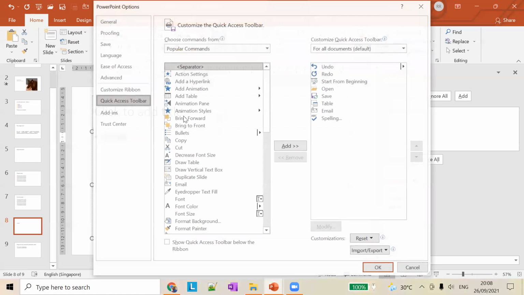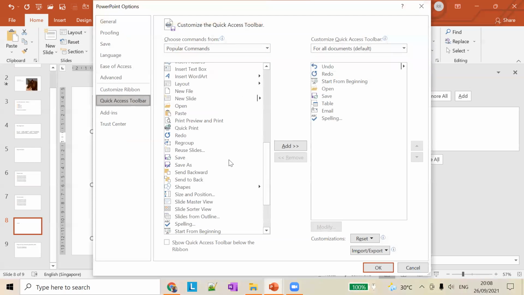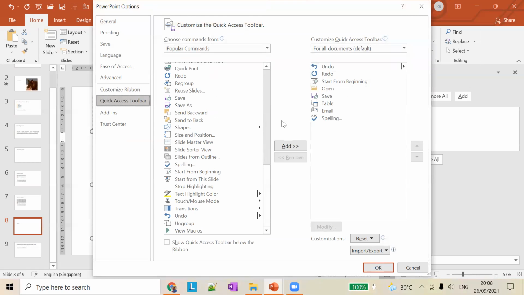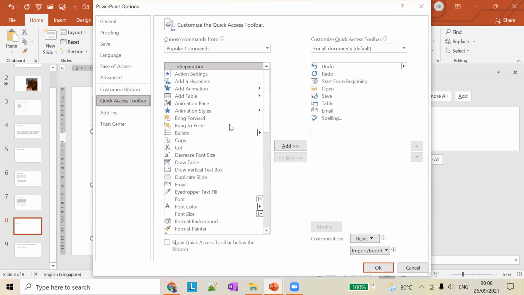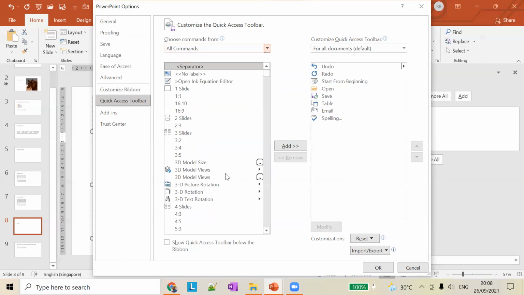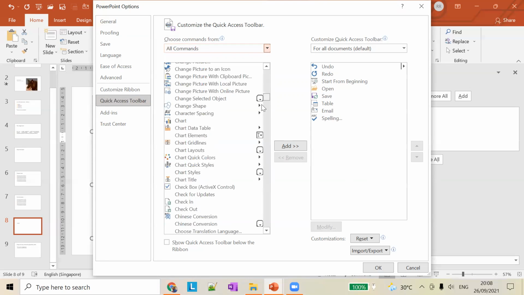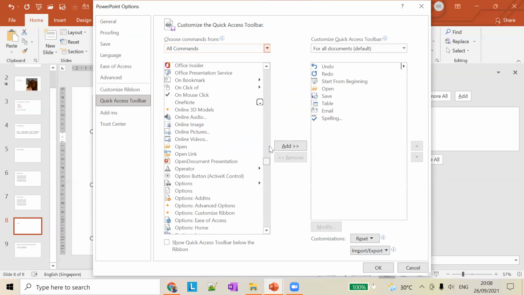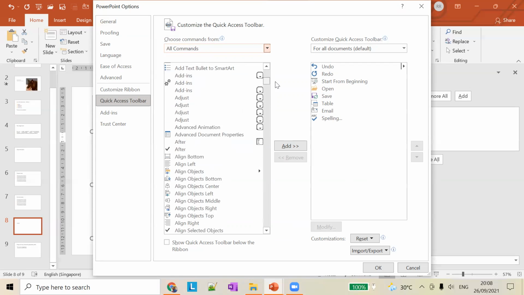You can use more commands, and you can add whichever you want to the right side and make sure it is available on the quick access toolbar that is present on the top of the screen. So it contains all the commands that are available in the PowerPoint section.